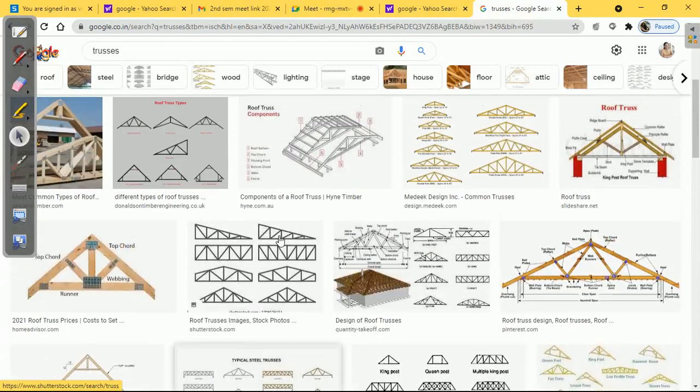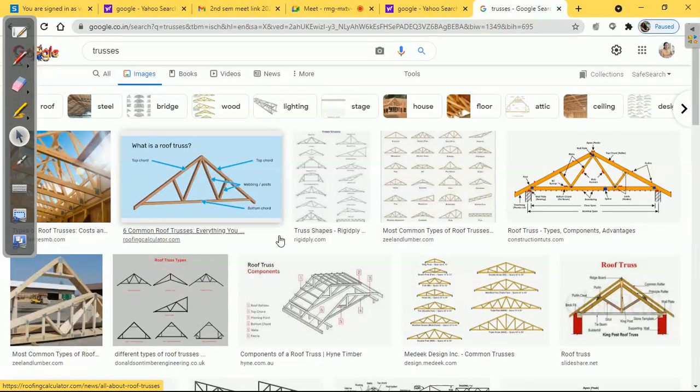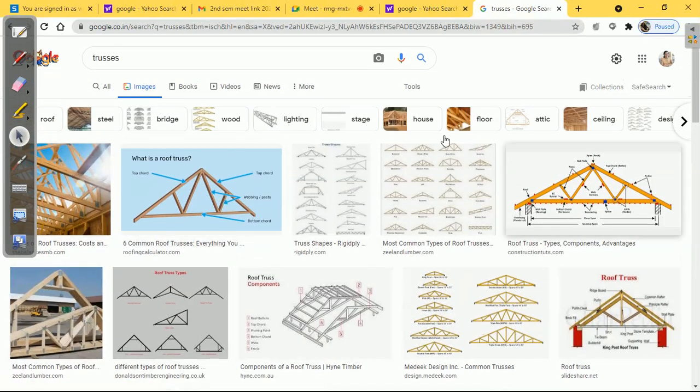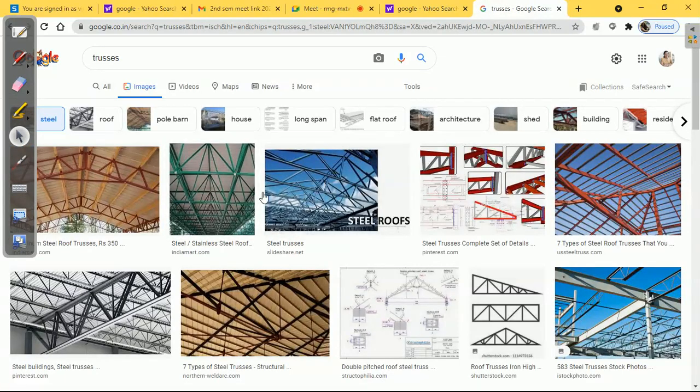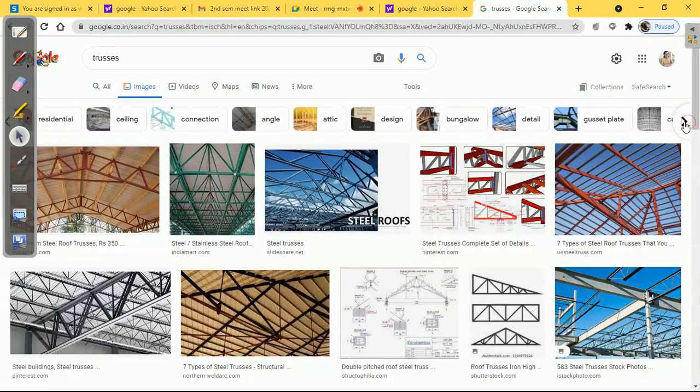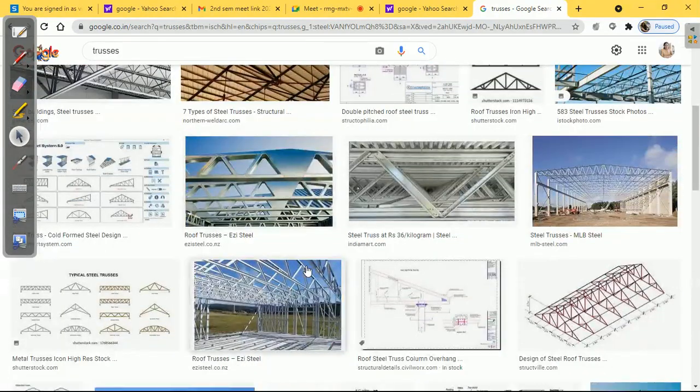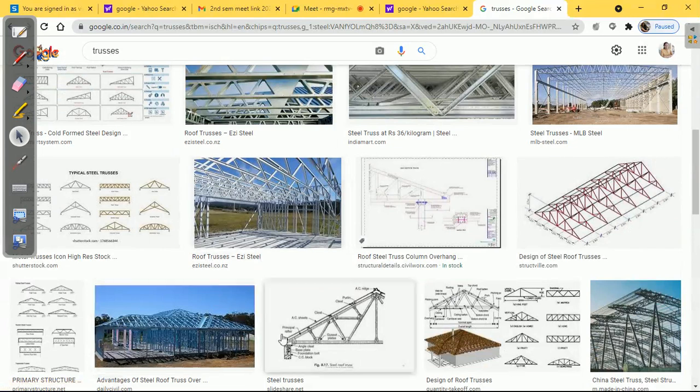Whatever truss you are observing now on the screen is a roof truss, and we can use the same thing in the case of bridges also. If you want to construct a bridge, you are going to provide some of these trusses. In bridges also, you can observe different types of trusses provided in different construction fields.